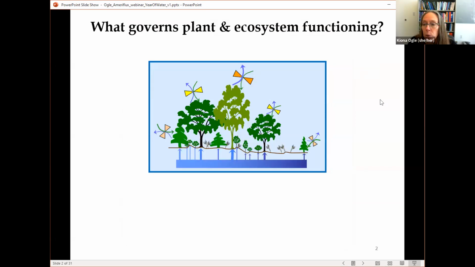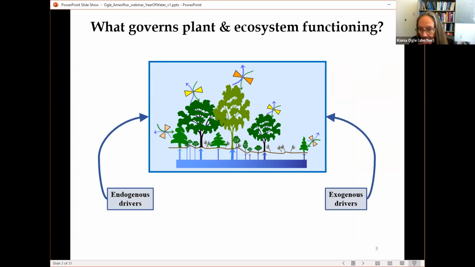So as an overarching question that plant and ecosystem ecologists are often interested in is what governs plant and ecosystem functioning. And I think we generally agree that exogenous factors such as those related to soils, climate, and weather, and endogenous factors representing internal plant or ecosystem feedbacks are important drivers of plant and ecosystem behavior. For example, in the semi-arid ecosystems that my lab studies, moisture availability is often one of the most important drivers of plant and ecosystem functioning, but the timescales over which moisture dynamics and other drivers affect plant and ecosystem processes